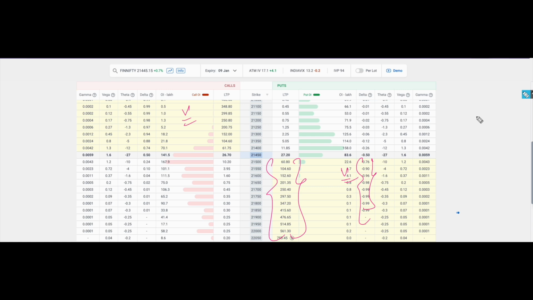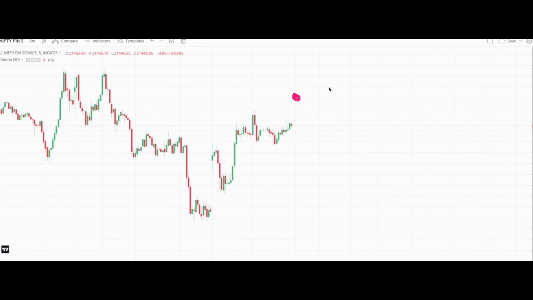Only if you are very confident about the market, you can choose at the money or out of the money strike prices. Alright, this is what we have understood. Traders, before I close this video, I thought of discussing some key important points which you need to take into consideration. The first thing is, as an option buyer, you should be able to predict the direction of the market.